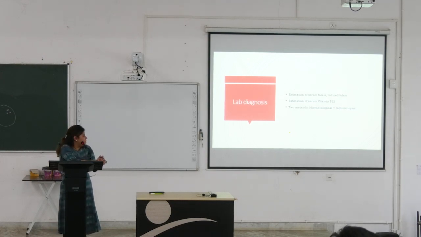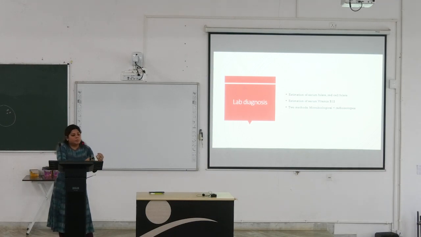Now, lab diagnosis. I've already said we will examine the peripheral blood. We will look at the blood counts and the hematocrit and the MCV, MCH, MCHC. Apart from that, we usually don't prefer to do bone marrow because it is very painful for the patient and carries a risk of infection. Any invasive procedure increases the risk of infection for the patient, so we try to avoid doing